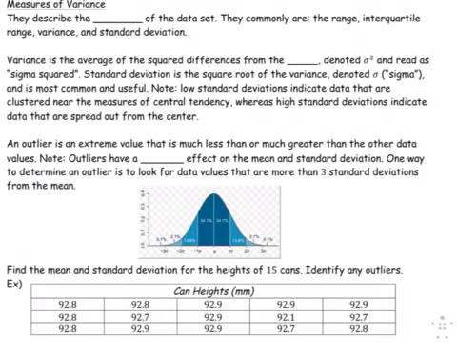Mean and median are measures of middleness. Let's talk about measures of variance. They describe the spread of the data set. So we're talking about range, interquartile range, variance, and standard deviation. And in this lesson in particular, we'll focus on standard deviation and the statistical mean, so